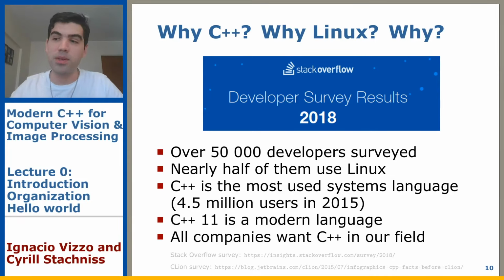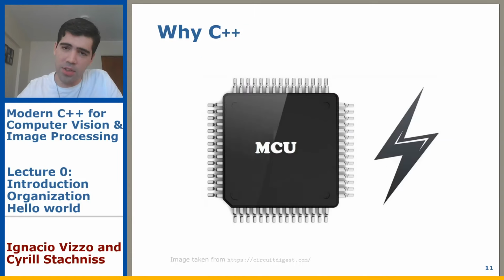And also if you don't plan to go for the industry and you plan to do research, it's really important that you know C++, because it's really good if you can run experiments and don't need to wait 3 months to get the results. C++ is not the best language for prototyping, but once you have the ideas, it's really fast. So one of the key ideas of C++ is that it's super fast, and this is why we use it in our field. Another reason is that